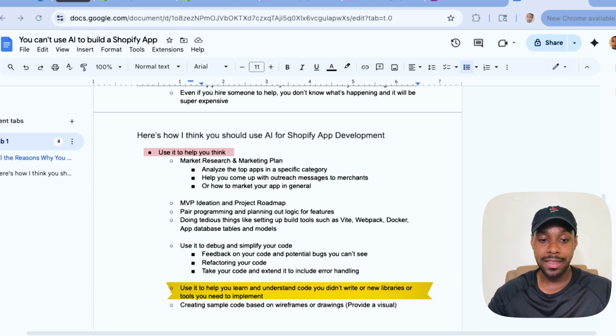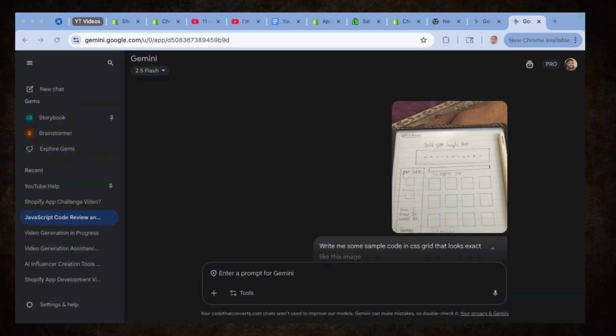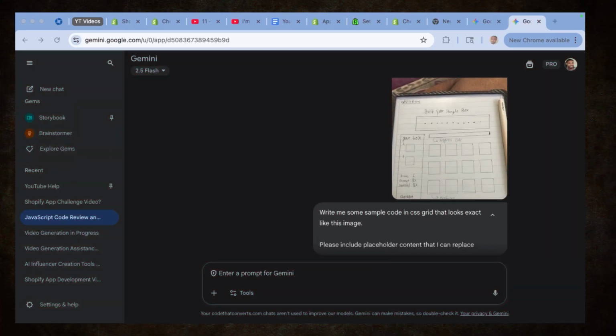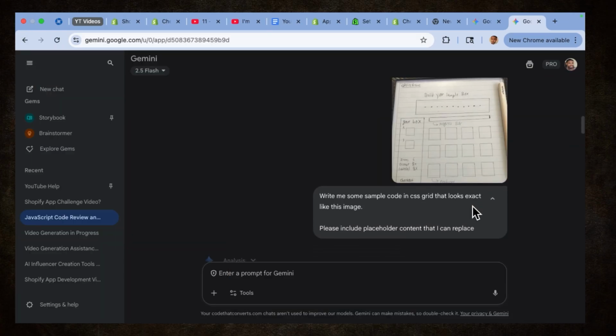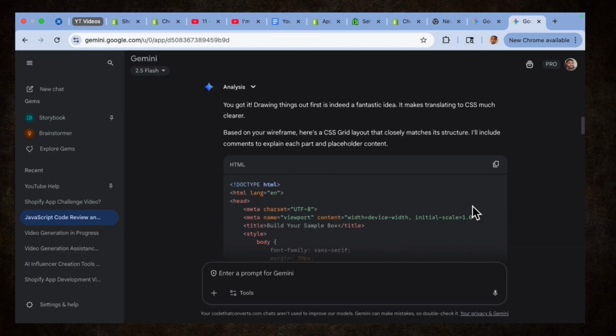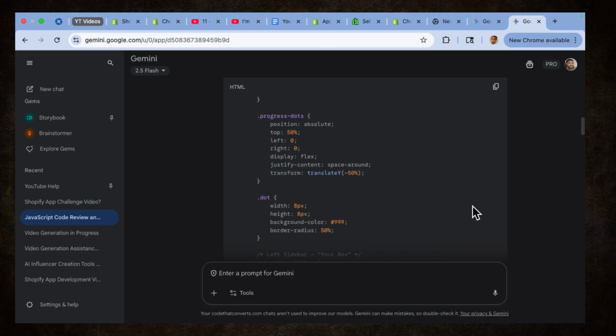And the last thing that I think you should use AI for, it's actually really cool. If you draw a wireframe of an image and you paste it into Gemini, it will generate working code for you that you can use as a base for whatever it is you're trying to build. So the app that I'm working on right now that you can actually see on the screen, the initial version of the design for this was actually a wireframe that I drew out in a notebook. And then I uploaded the picture to Gemini and had it generate some code for me. So that's another amazing use case for this.